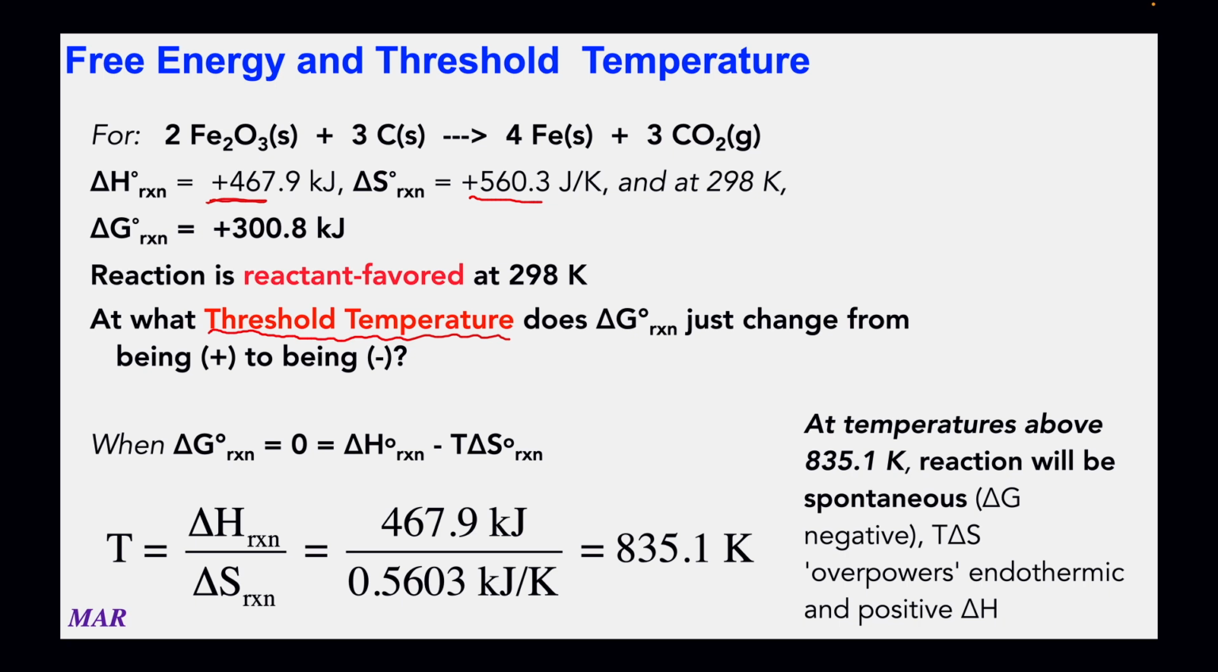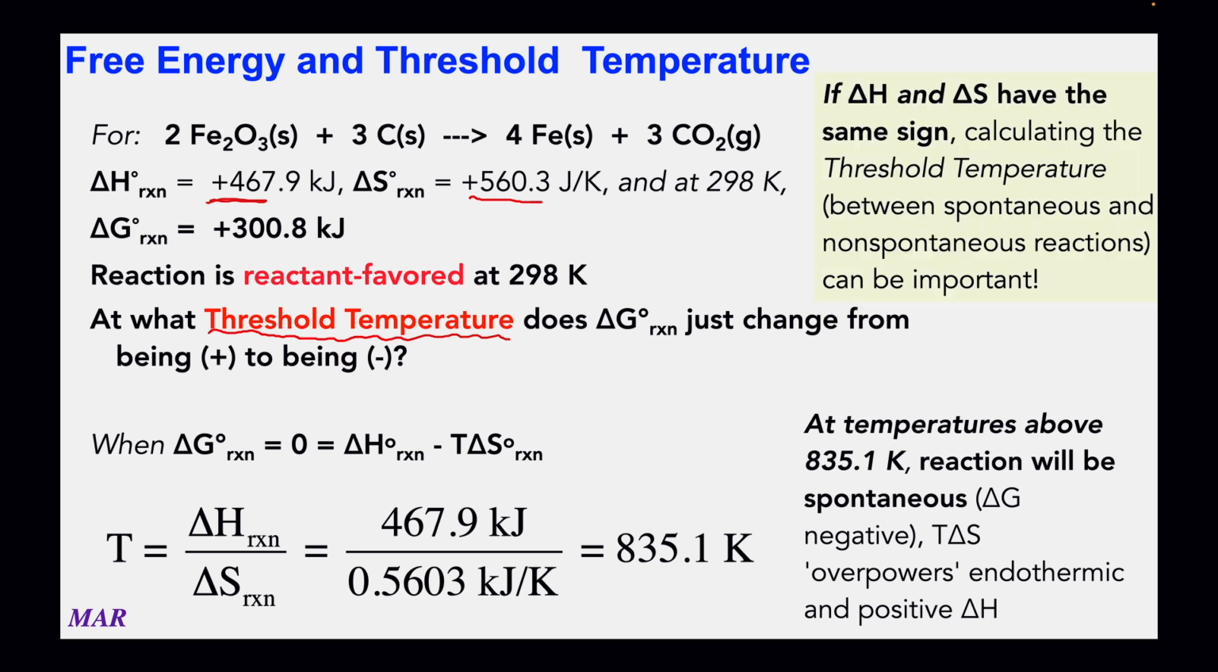Now, if delta H and delta S are both negative numbers, you can also calculate a threshold temperature, and then temperatures under that will be spontaneous. Honestly, it's more likely that you're going to have both positive, like here, but if you do see it, that's what that would mean. So again, delta H and delta S, if they have the same sign, then calculating threshold